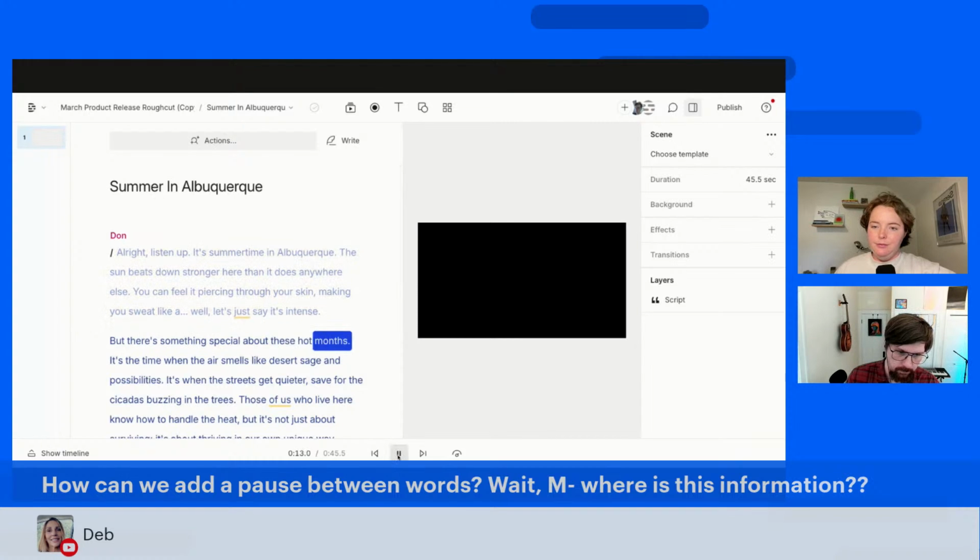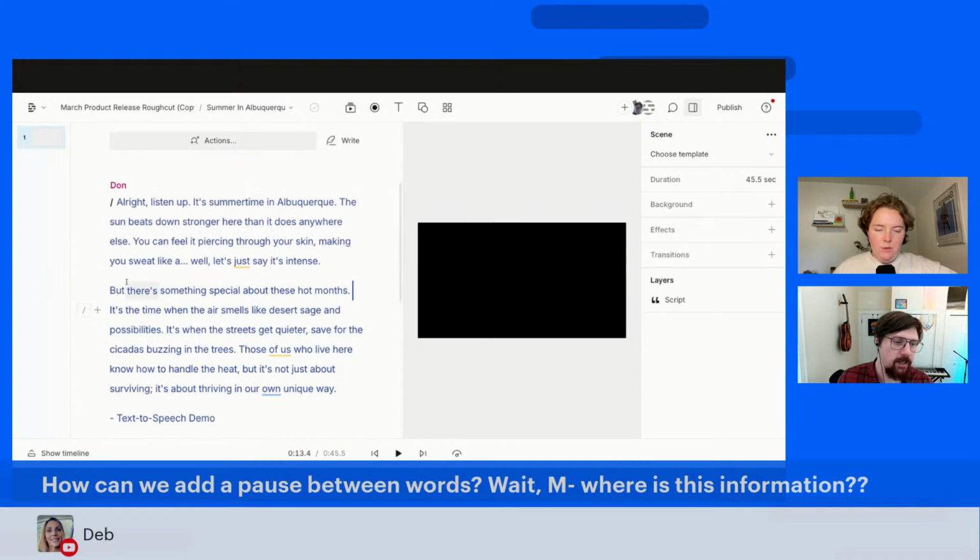About these hot months. So yeah, he's treating it like a transitionary sentence, and it's going to try and interpret the cadence of its section. Like that's why it does it in these blocks, so that it can think about what the cadence should be. Whether it gets it right, your mileage may vary. Cool.